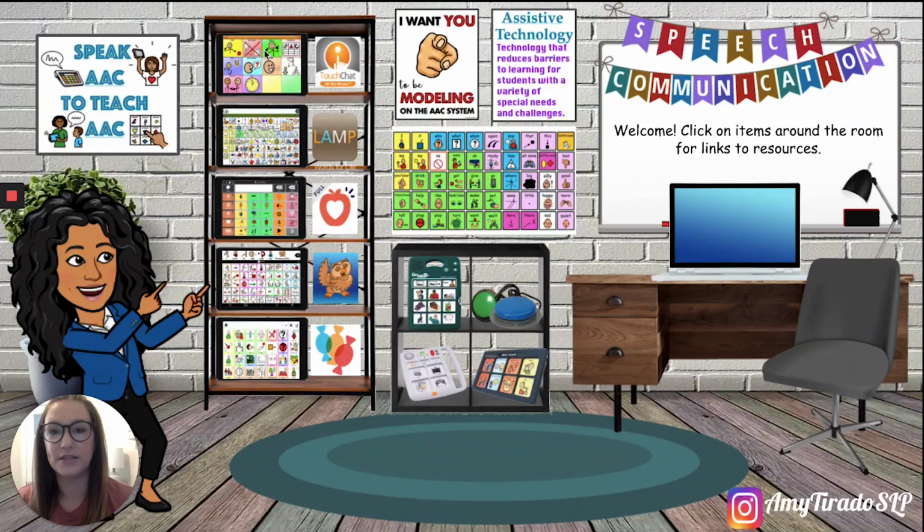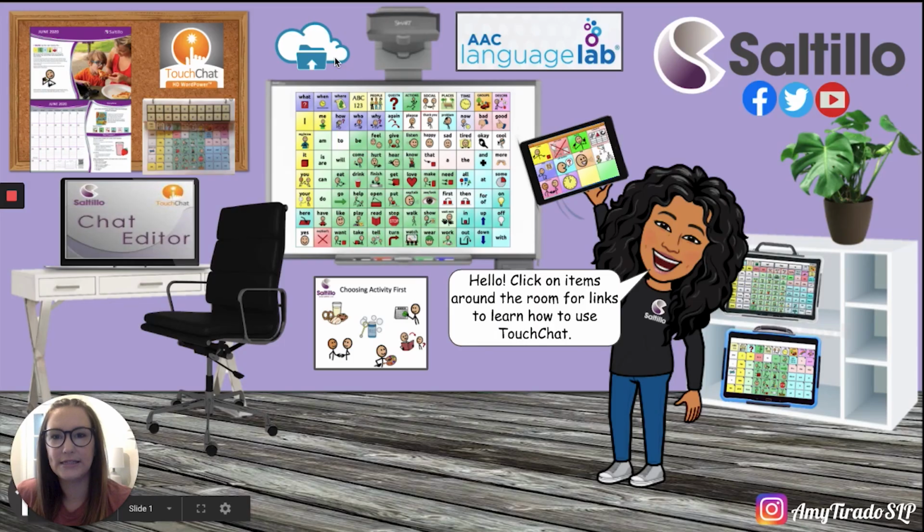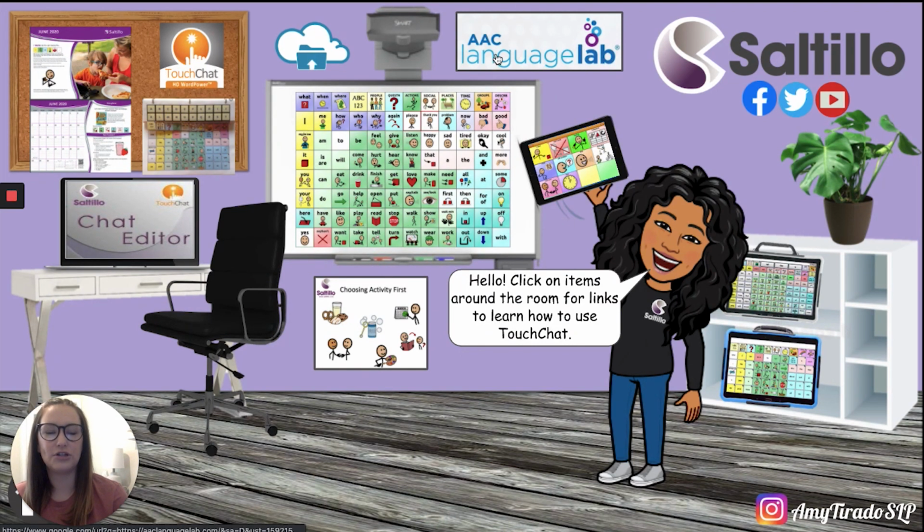Let's see. Okay, this is Touch Chat. This page set looks to be from like multi-chat maybe. Let's see. Amy, you have outdone yourself. Okay, it took us to an entirely different Bitmoji classroom that is all Saltillo and I want to say PRC because they're together, but okay, so yeah, AAC Language Lab originally was LAMP and Unity